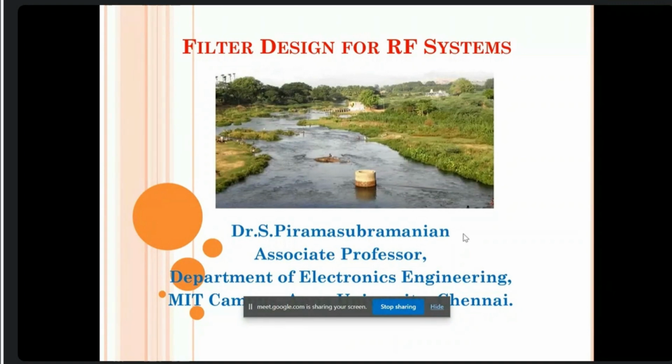So, the filter design for RF systems. I think you may have questions from even the first slide. I have